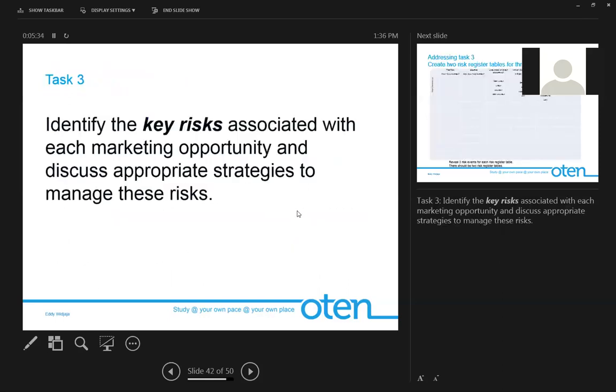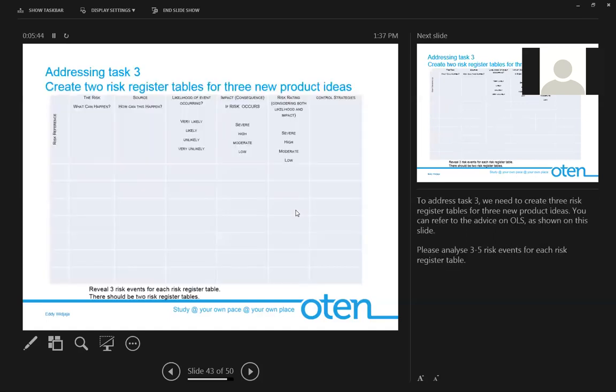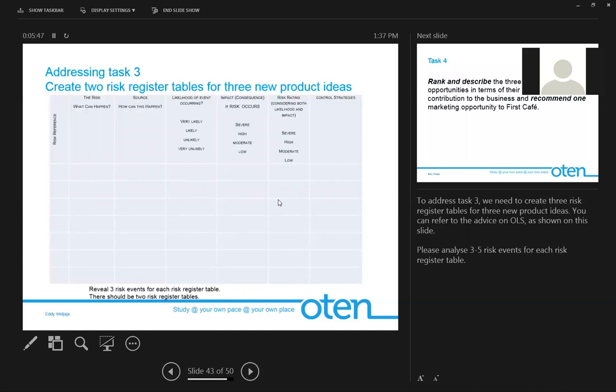Okay, now let's move on to task 3, which is basically key risks. Right. So here we need to outline the risk assessment for these new product or service ideas. Use the template, suggest 3 key risks for these 2 new product ideas. Therefore, you need to create 2 risk register tables. Okay. My recommendation for you is to be specific in terms of risk. Again, guys, please understand that risk is defined as the effect of uncertainty on objectives. Okay, so they